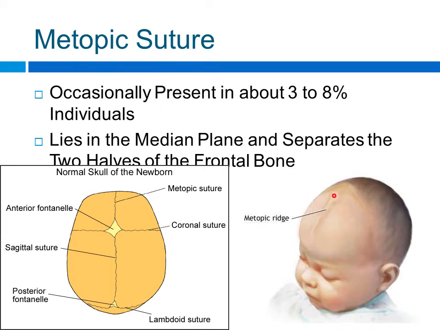Again, the bones forming the norma verticalis: the squamous part of the frontal bone anteriorly, then the two parietal bones on each side of the midline, then the squamous part of the occipital bone posteriorly. On either side of the midline we have two parietal bones, and these are the bones forming the norma verticalis.